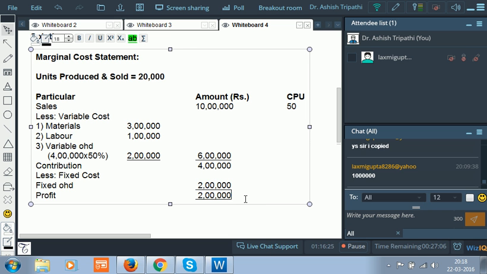Okay, so this is how we were able to complete the amount column. Now along with the amount column we will have to complete the CPU column as well. So now let us complete the CPU column. Now how to get the CPU of this? We'll have to divide